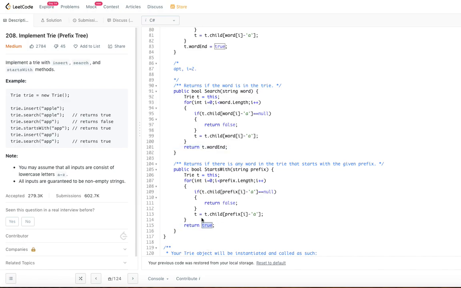We return true as long as it goes through the complete prefix, which means there is at least one word in the trie with that prefix. So search and startsWith are exactly the same except for the word end check. That's how the three methods work.